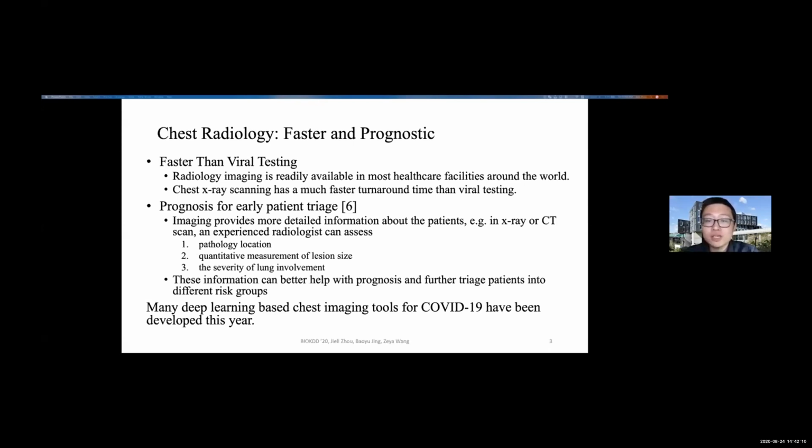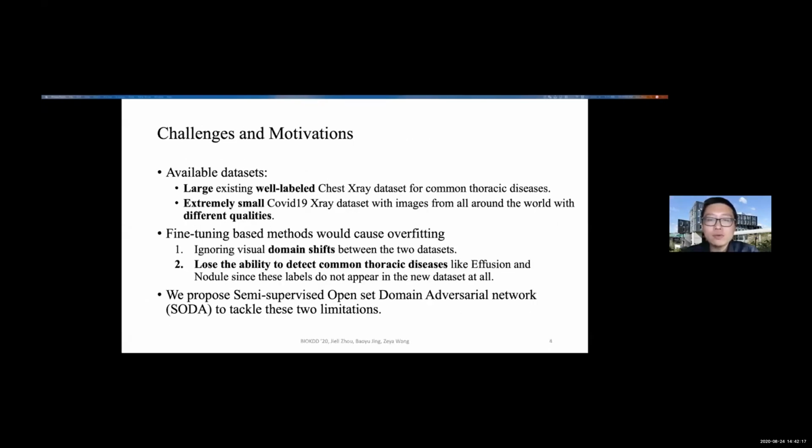Recently, we observed that many deep learning-based chest imaging tools have been developed for detecting COVID-19. To give a recap of these methods, we observed that many recent works first train a convolutional neural network on an existing large-scale and clean chest X-ray image dataset, and then fine-tune it on a much smaller COVID-19 dataset consisting of